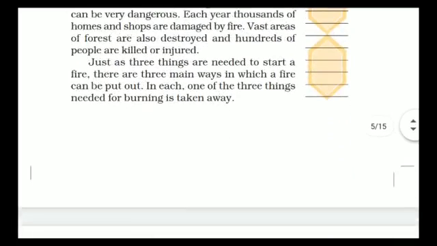just as three things are needed to start a fire, there are three main ways in which a fire can be put out. In each one, one of the three things needed for burning is taken away. Now there are three stages in that. You can click the picture. You can take great care of that, right. You can take great care because it can be dangerous sometimes. And most of the forests are also destroyed and hundreds of people are killed or injured with the help of this